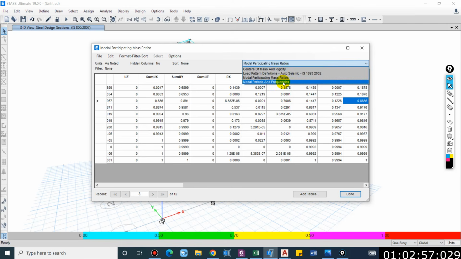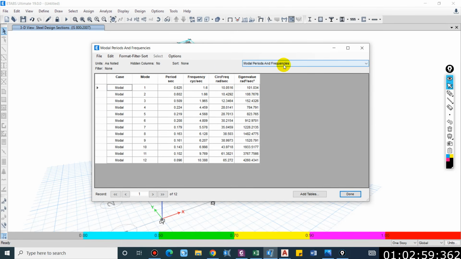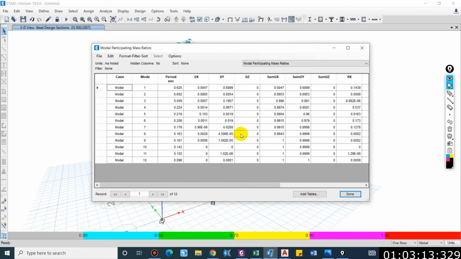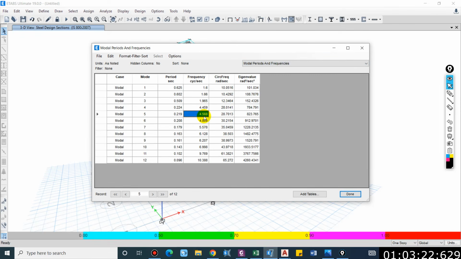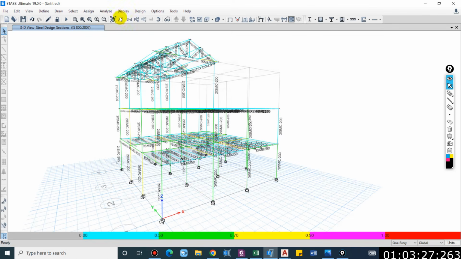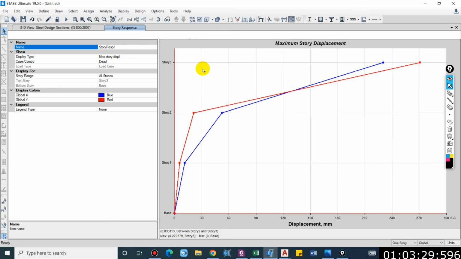And thirdly we have modal frequency. For the nth mode, that is the mode in which 90% mass participation occurs, the frequency shall not exceed 33 Hz. And for our case 90% mass participation occurs in the fifth mode for both axes. So at fifth mode the frequency shall not exceed 33, which is simply 4.5. This is also okay. Now let us check the story response plot